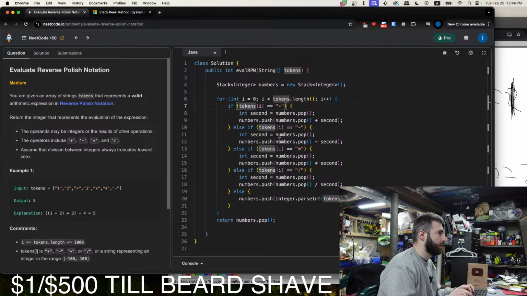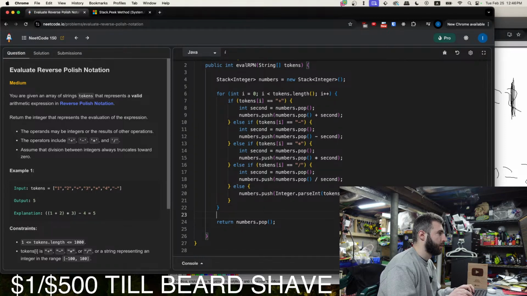And we do the same thing for minus. Same thing for multiplication. The same thing for division. But if it's not any of these operators, then we push the number, parsed as an int, onto the stack. And at the end, we return the last integer, which is the solution that gets popped. So let's run it.